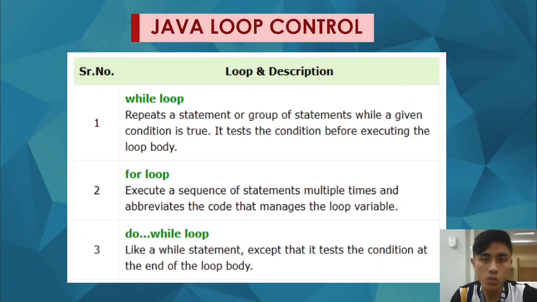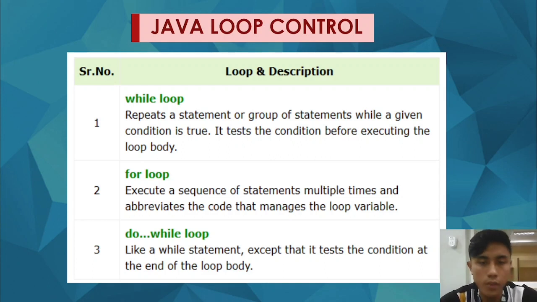Okay, so let's move on to Java loop control. In Java loop control, there are three types of loops, namely the for loops, the while loops, and do while loops. It is very important that we are able to learn these loops because you can use them in different fields and manners of programming or in applications. So let's discuss first